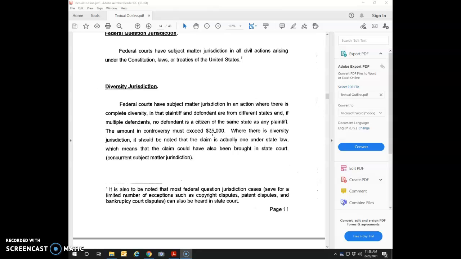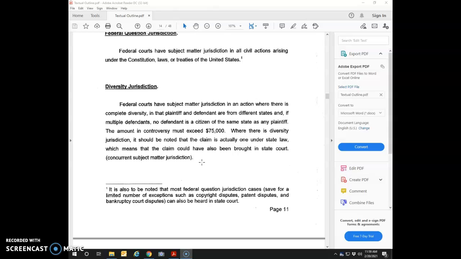When I first started learning federal law in federal jurisdiction years and years ago, the amount was $10,000. So you can see how long I've been around it and how significantly the amount has gone up. I guess part of that is inflation. But in any event,